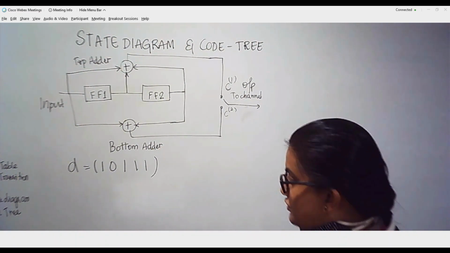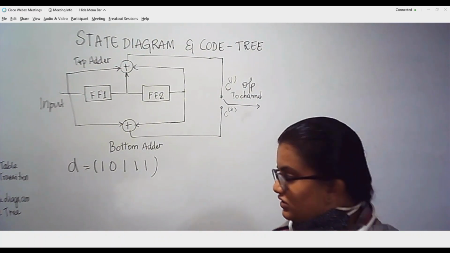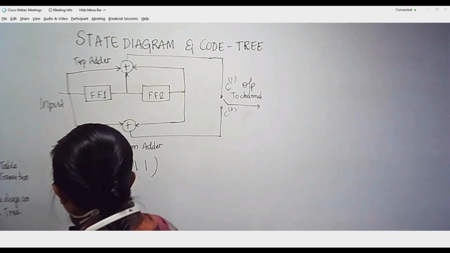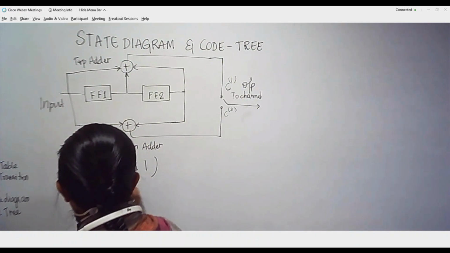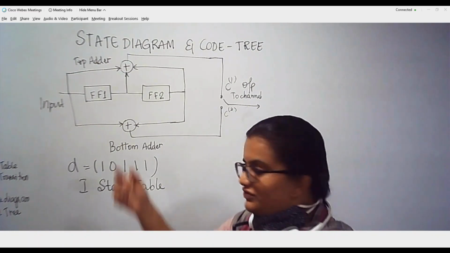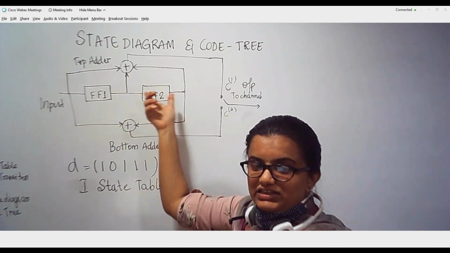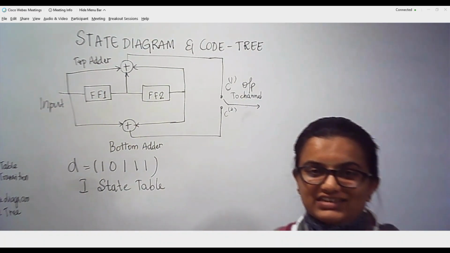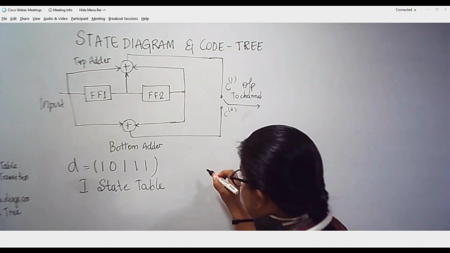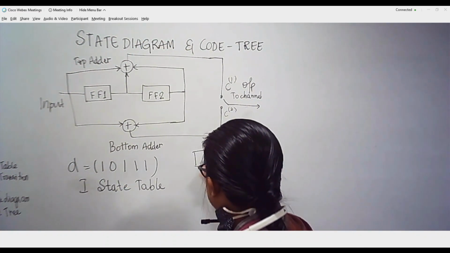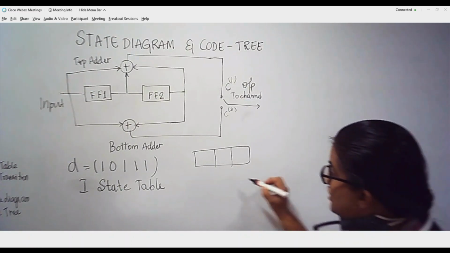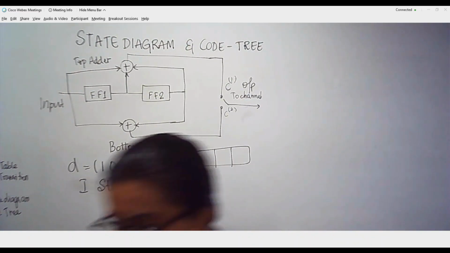Okay, so we are going to do the state table now. First we shall try to understand what is meant by the state table. What we mean by state table is the combinations of bits that could be present within the shift register; that is what we call the state of that particular sequential circuit. So what does that mean? If there are 3 memory elements, I am taking an example here, then the 3 elements will have a combination.